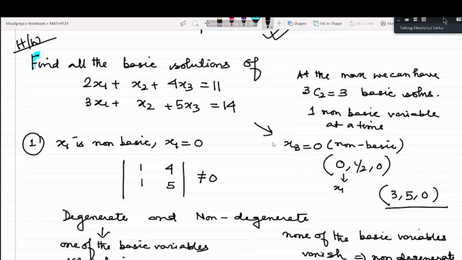Yes. What I'm trying to tell you is, if one of the basic variables vanishes, like in the case that I assumed, suppose x3 is your non-basic variable. Then what do we need to do? We need to solve a 2x2 system comprising x1 and x2 as your variables. Suppose arbitrarily the value of x1 becomes 0. This is what we get at the end, which has a solution. Since the basic variable x1 vanishes, we say that it is a degenerate basic feasible solution.